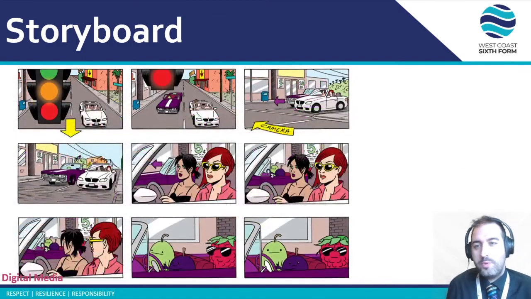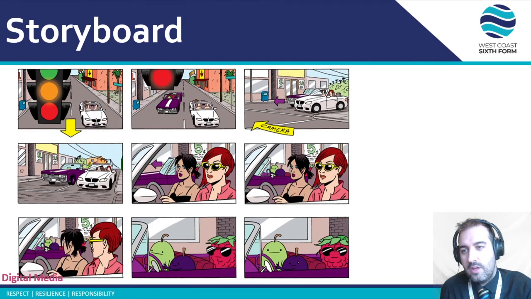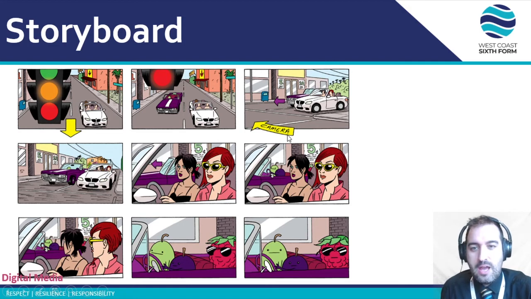So here's a close-up of one of the scenes at the beginning. As you can see, you've got the yellow arrow pointing down, which shows that the camera is moving down. Could be classed as a dolly shot or a crane shot as it cranes down. Once it does come down, you can then see the car is moving forward with the purple arrow there, and then you've got the camera sweeping around to this view. The car is then in this close-up shot. You can see over the shoulder there, you've got the car coming up closer to the scene of the first